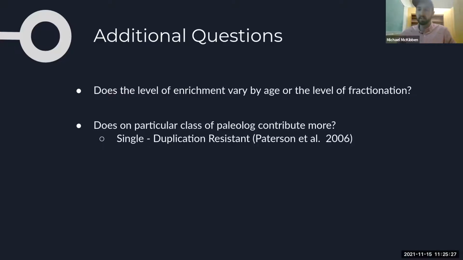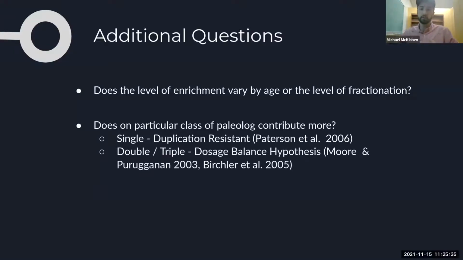What about single retained genes? It's been shown in the past that many genes that return to the singleton state are duplication resistant. And similarly, double or triple retained genes are often limited by something called dosage balance. This idea is that post-duplication, all copies of a given gene are retained in order to maintain the stoichiometric ratios of